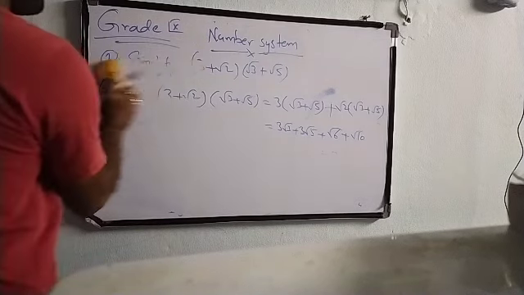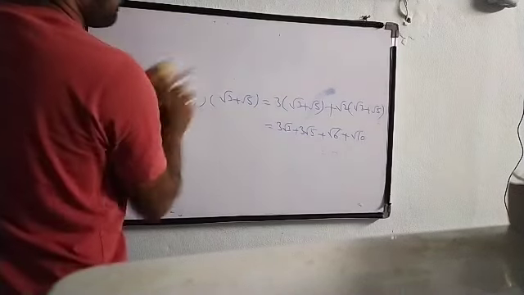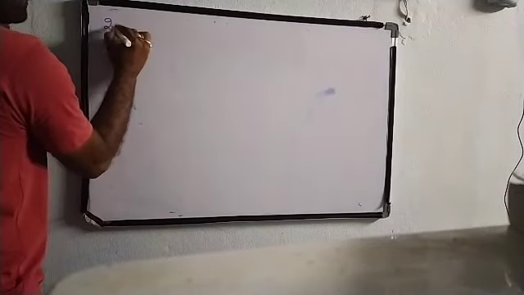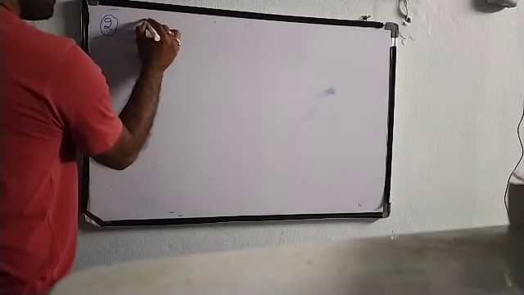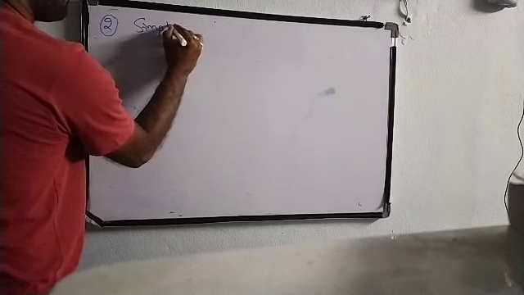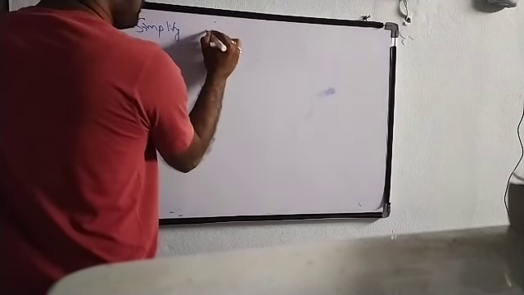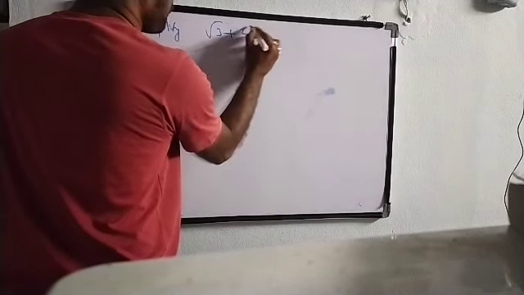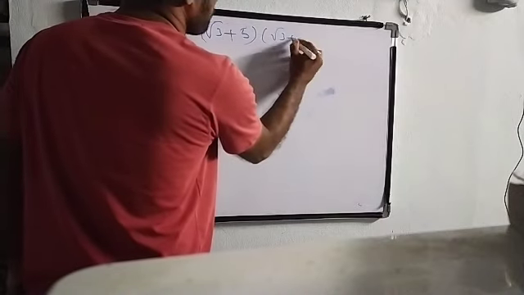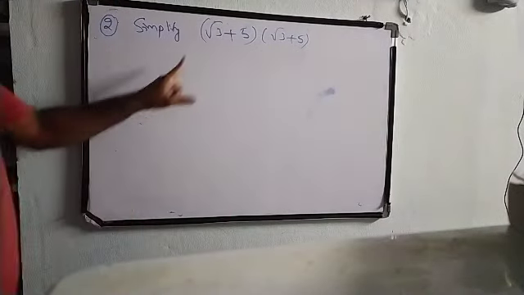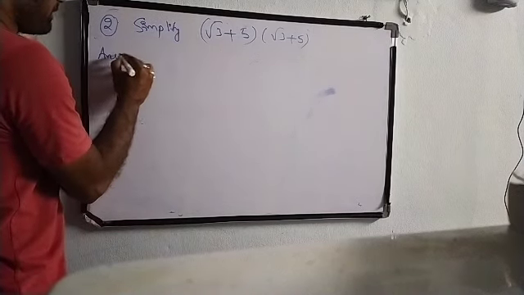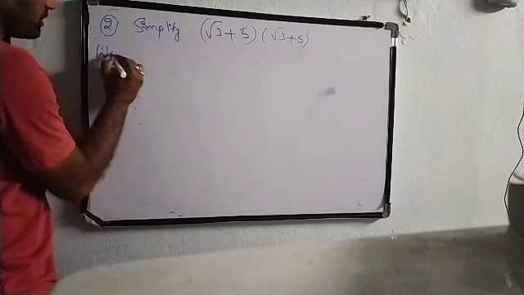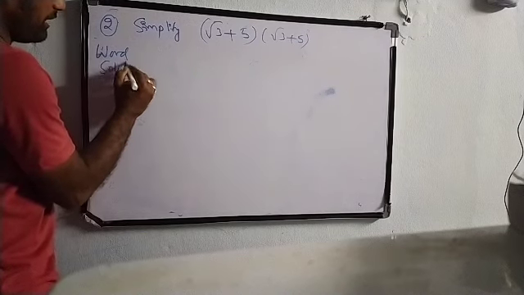Next, let us take another, second example here. So the second question is that yesterday we have done rationalizing. So simplify (root 3 + 5) into (root 3 + 5). In this case, we can do binomial into binomial, or else if you remember the identities, so let us see the solution. If you remember the identities here,